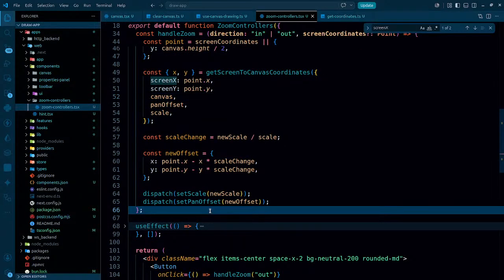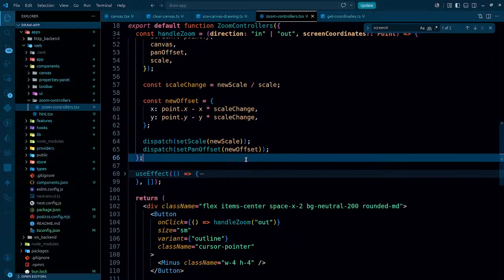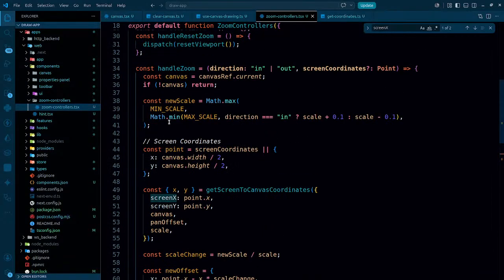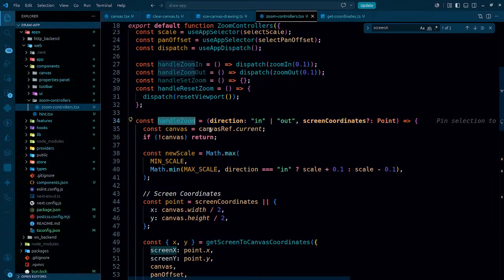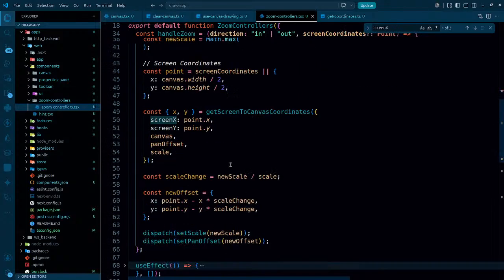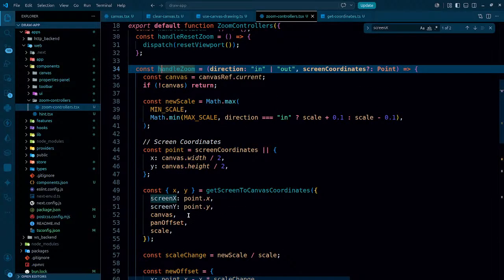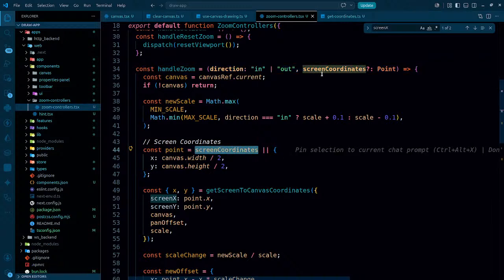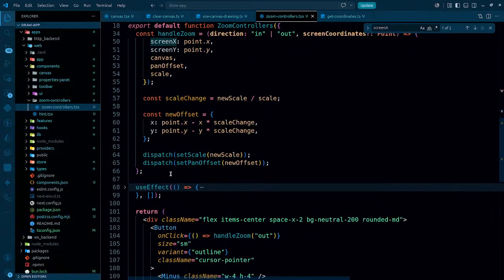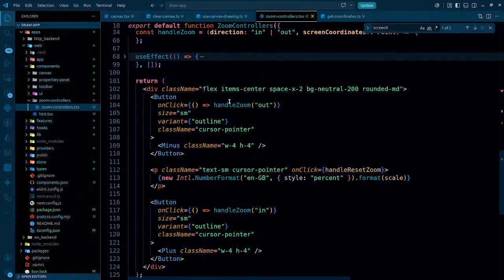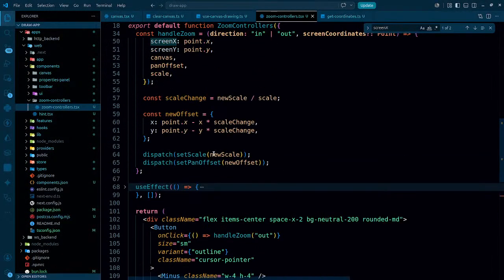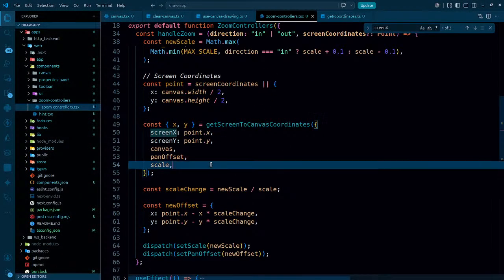Alrighty, so what is the next thing that I have to do? Zoom controllers. First of all, let's take care of this thing. Handle zoom. So whenever I'm calling this, just with the coordinates, without screen coordinates, right? So it's just being called right here. So whenever it's called like this, at that time what have I done that is missing? So at that time